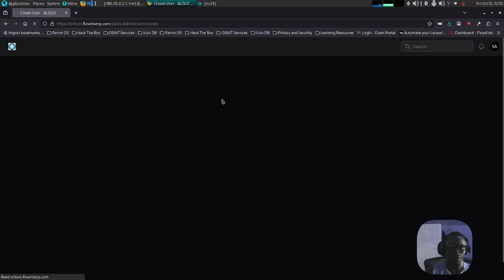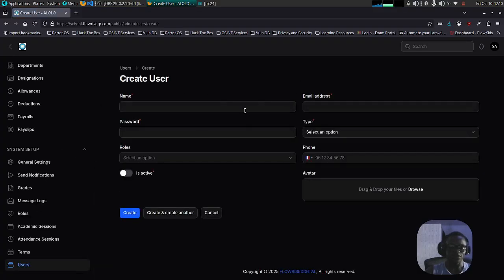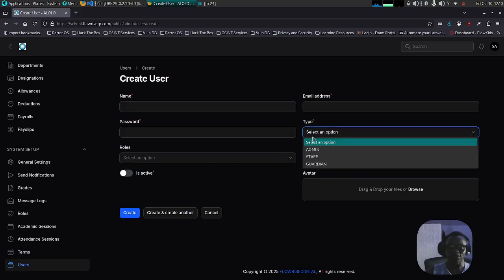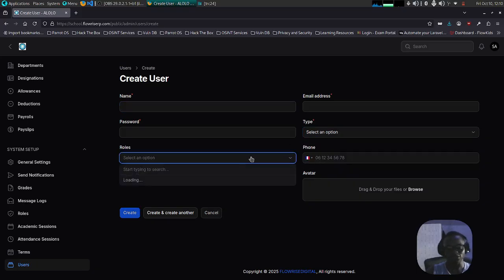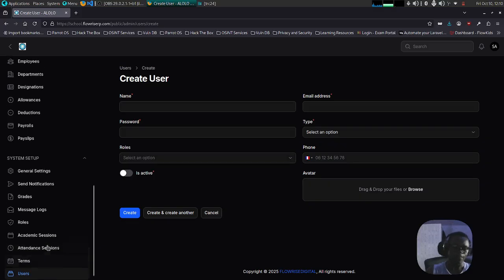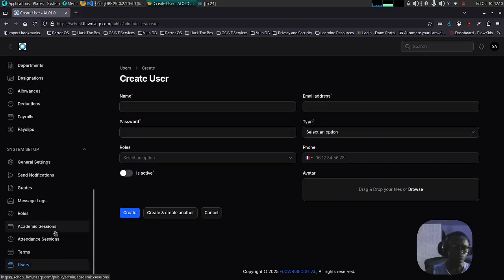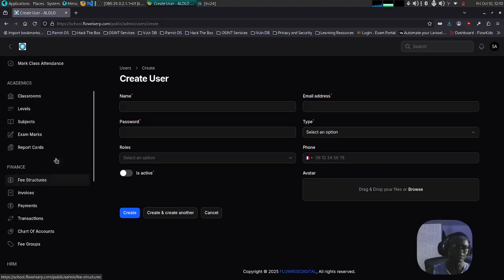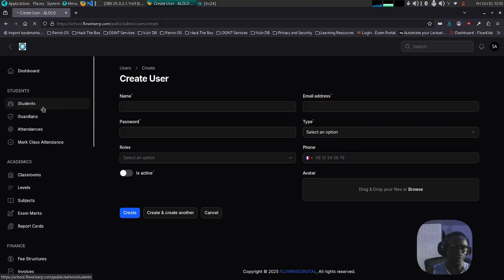So if the person is not a user, you just want to add your own custom user to the system. You basically enter the person's details, you select the type of user, and then you select the role that you created earlier on. Once you do that, then you create, the person will be able to log in. Now with that said, if you want to add students, you go to students,